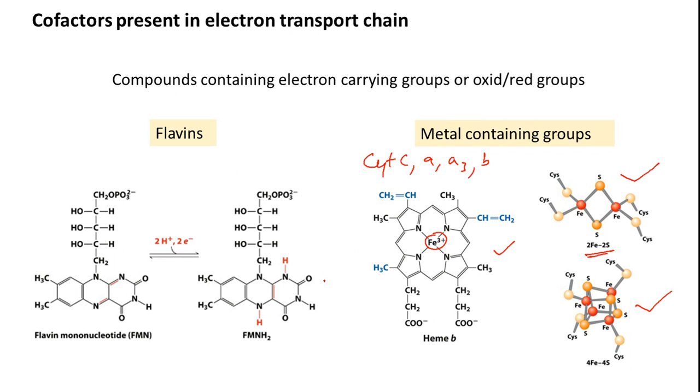So here, if iron-sulfur clusters are there, they are rigid structures. When iron is over here, iron is over here, iron is over here, and iron is over here, these are all connected via sulfur. Because of the spatial proximity, when an electron is over here, it will jump from here to here, and from here to here. This is the way the flow of electrons is ensured. Okay.